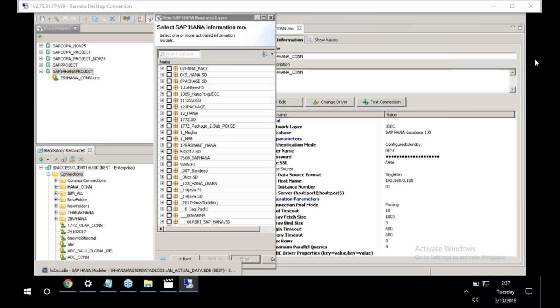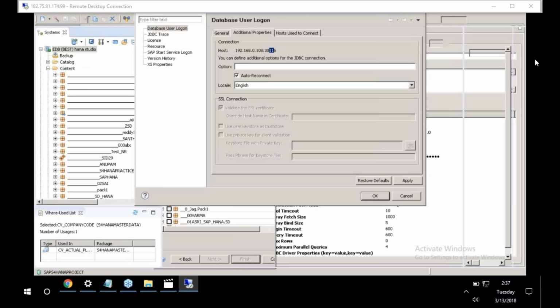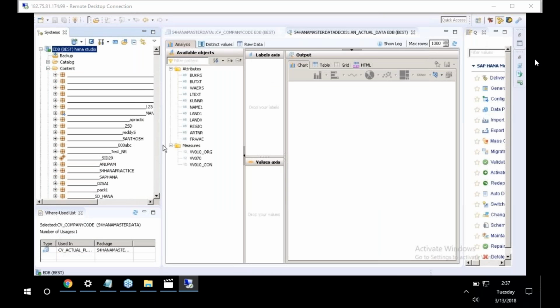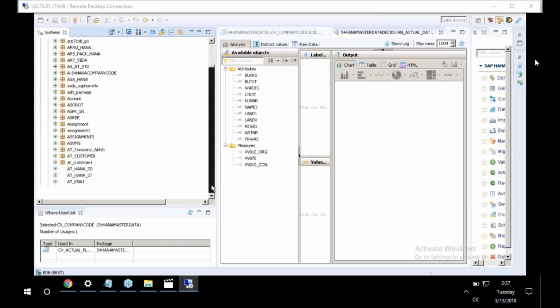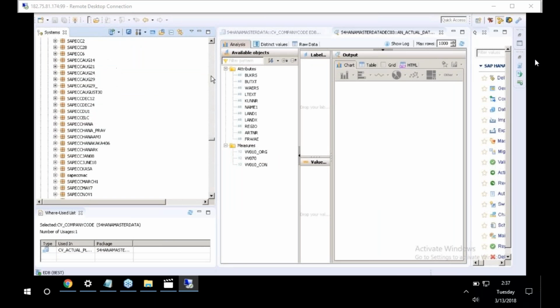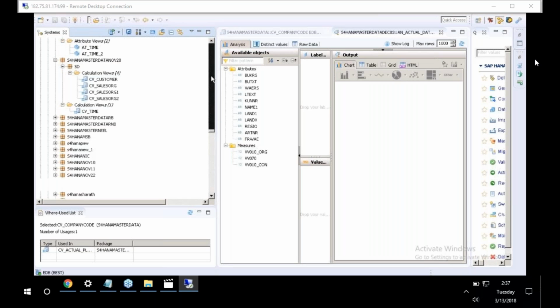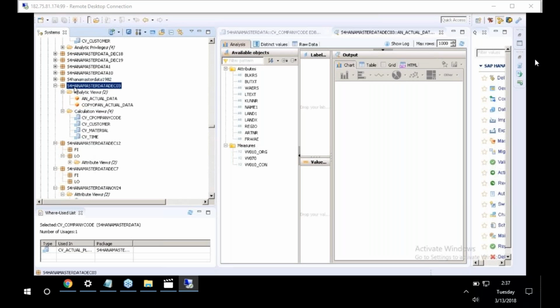What is our package that we are pointing to? Let us scroll to the bottom. Once you scroll to the bottom, please say participants, what is the package here? The package here is S4HANA Master Data